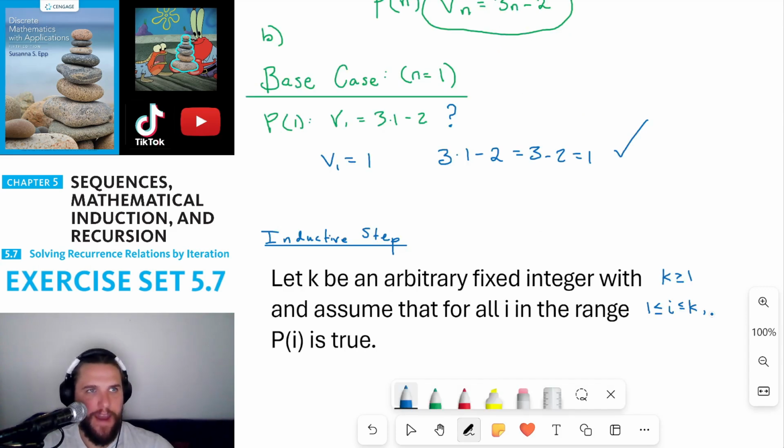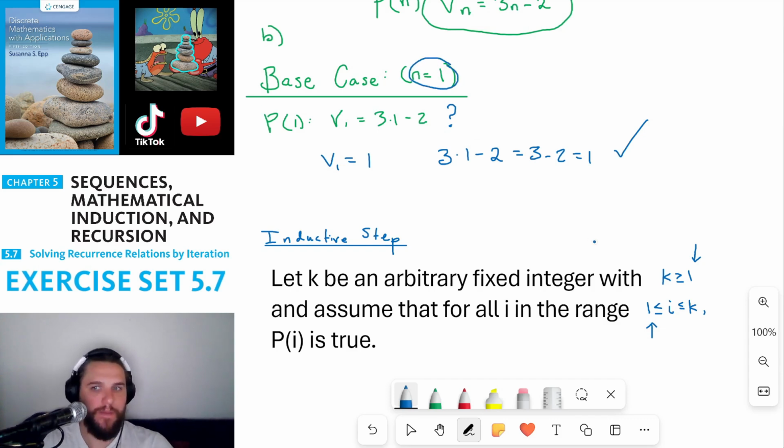In strong mathematical induction, the inductive step looks a little bit different in the beginning. We're going to say let k be an arbitrary fixed integer with k greater than or equal to 1. Keep in mind, this number has to be the largest base case that we proved in the base case section of this proof, which in this case is just 1 for now, but we might need more later on. And then we assume that for all i in the range 1 less than or equal to i less than or equal to k, this 1 corresponds to the smallest base case that we proved,